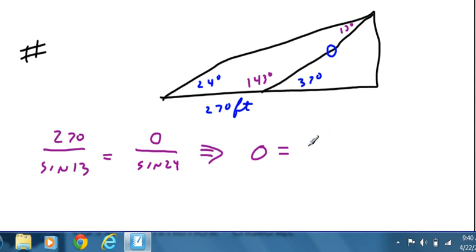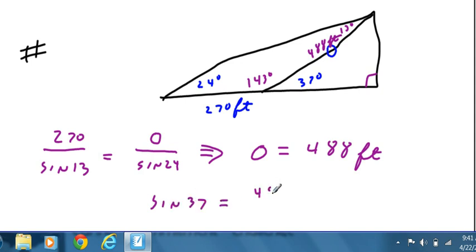So the circle's 488 feet. So now I know that this is 488 feet, and I know that this is a right triangle, and I know that the sine of 37 has to equal